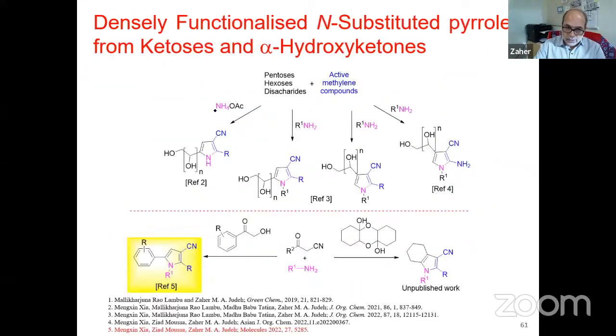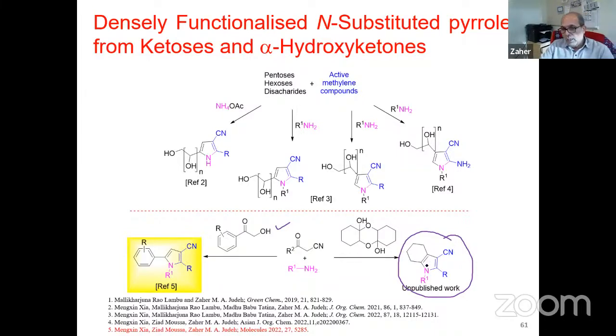And therefore, next week, I am going to teach you reactions to form this type of ring, and also a reaction in which I'm not using carbohydrate, but I am using this type of hydroxyketone. So next week, we will learn two things. This hydroxyketone to form these indoles, and this type of hydroxyketone to form these types of